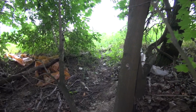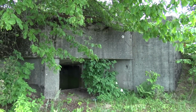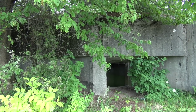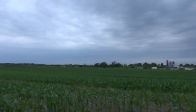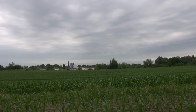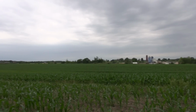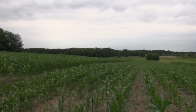See what that is? Now, what is interesting about this one is the firing directions are not facing direction East Prussia. These firing directions are actually facing the other bunkers. That's interesting. So we're looking at flanking protection, flanking fire. So what is defending east would be interesting, because there have to be,